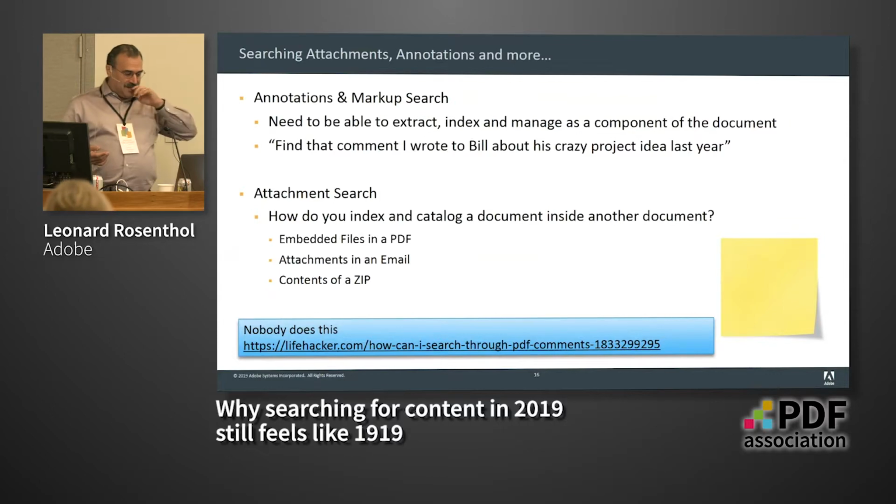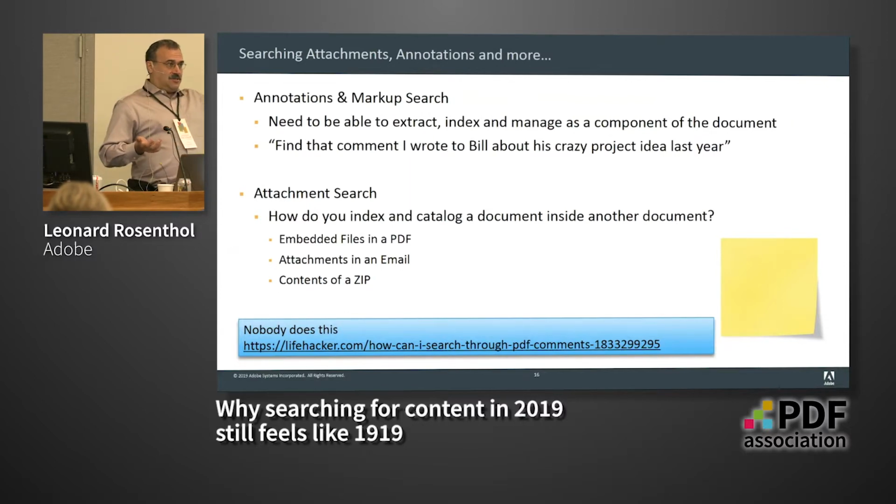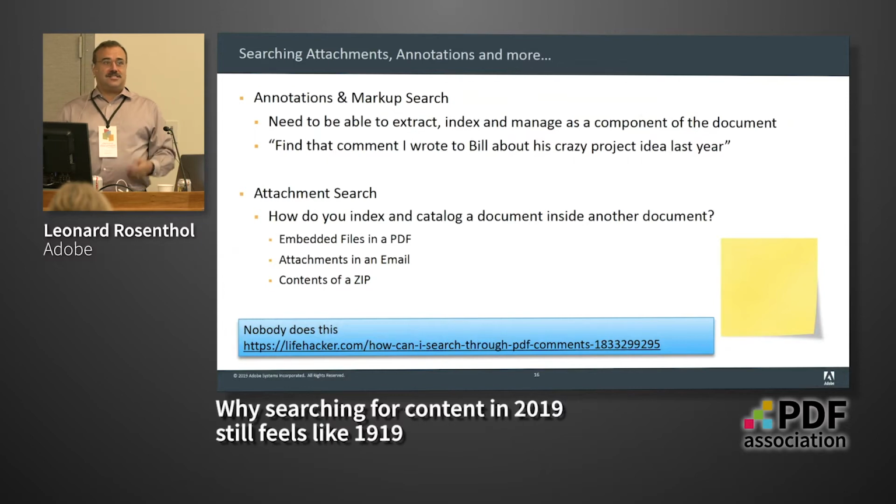Okay, and then annotations. It was actually interesting. This just came out this week. There's this great article in Lifehacker about how to search the comments of a PDF, or more specifically, how not to. And the gentleman who wrote the article went and tested every online system. He tested Google Drive and OneDrive and Dropbox and all of these systems to find out how to do this, and not a single one of them enabled him to do what to us should be obvious,